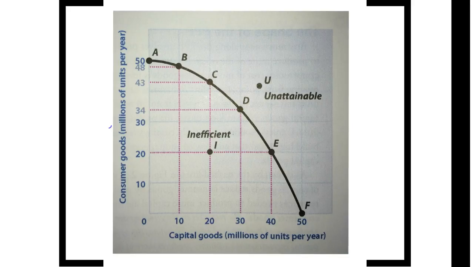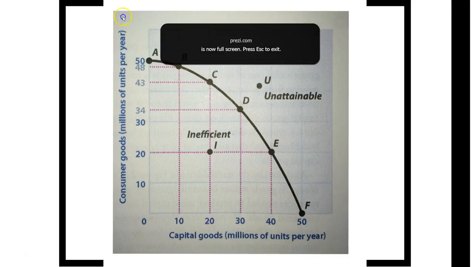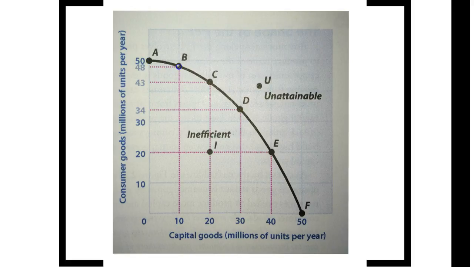This is an example of a PPF graph. Let's say this dot right here represents consumer goods, millions of units per year, and capital goods, millions of units per year. So this is the maximum, okay? All of these points make the production possibilities frontier graph. Okay, the data outside of it is unattainable. We would never be able to make